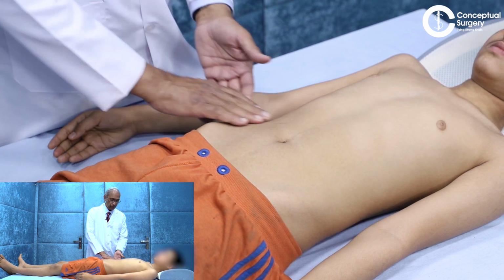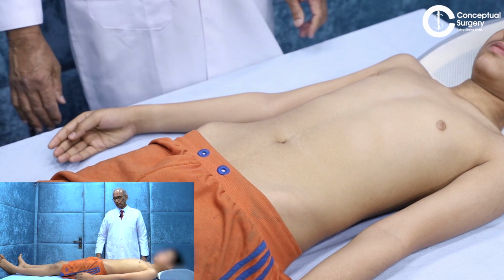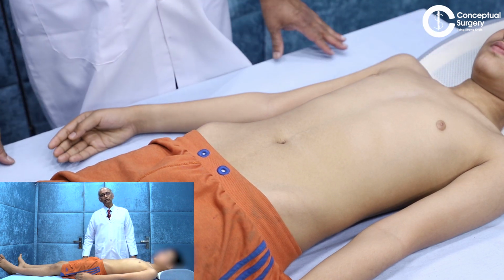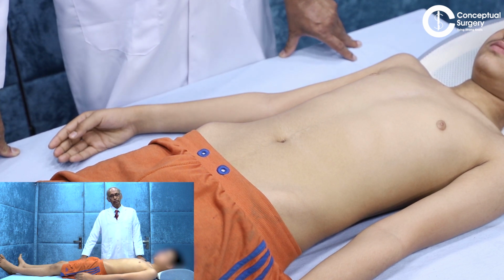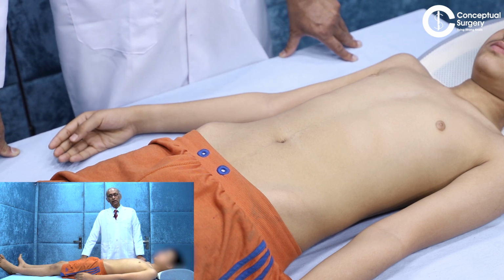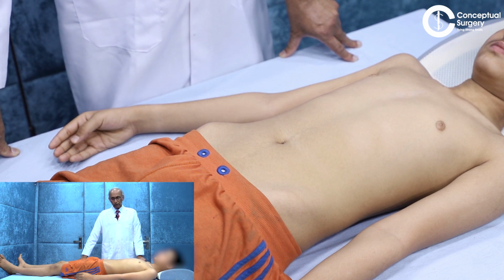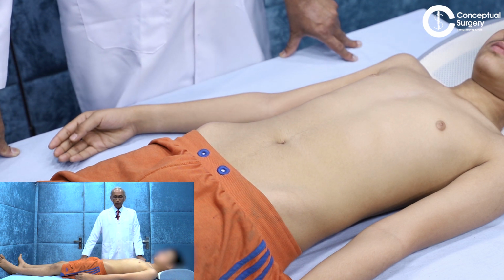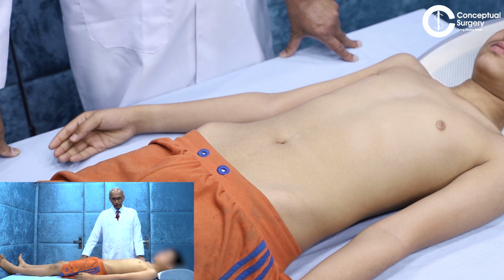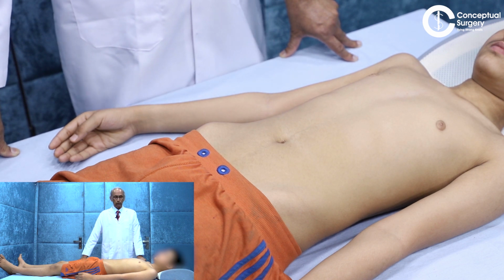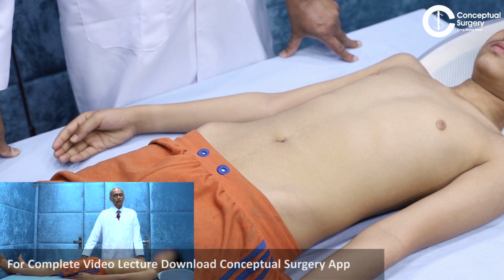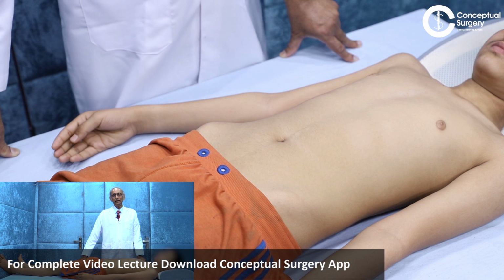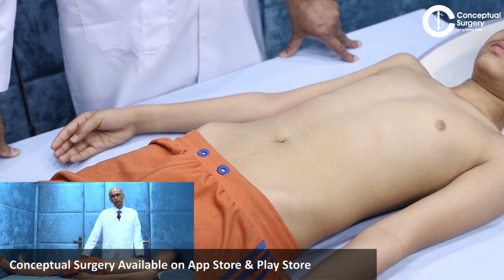In fact, I am able to feel the lower pole of his kidney. Why? Because he is a thin person, and therefore I am able to feel a normal kidney. This is what would happen in the case of a thin-built person. You normally will not feel the kidney in a heavily built person. In the pediatric age group, you feel them, and since he is a young boy with a thin build, I could feel the lower pole of the kidney, and that's all you would feel. If I have to prove that that is the lower pole, I'll have to press on that kidney and he'll get a sickening sensation. I don't want to do it in his case.